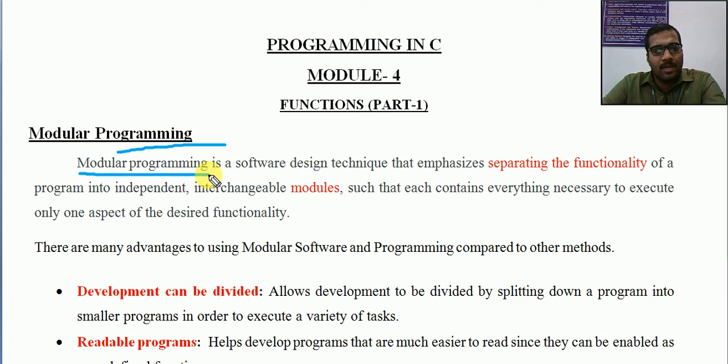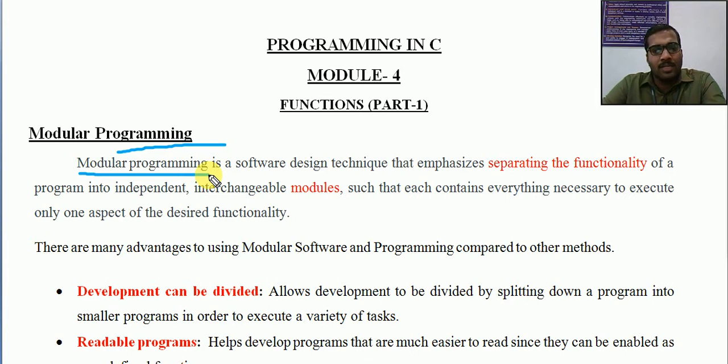If you have a very large software program, and you try to design and implement that larger program as a single design or a single program together, it will be a difficult task, because the complexity is larger when compared to simple programs.